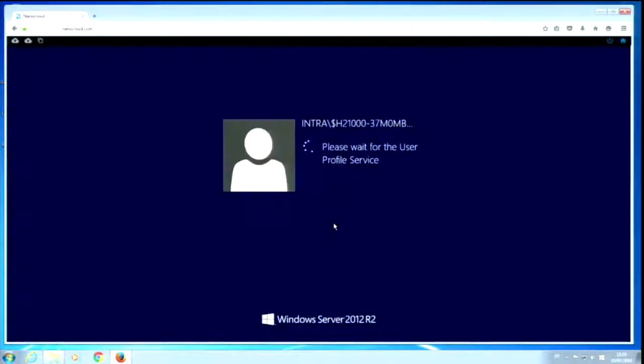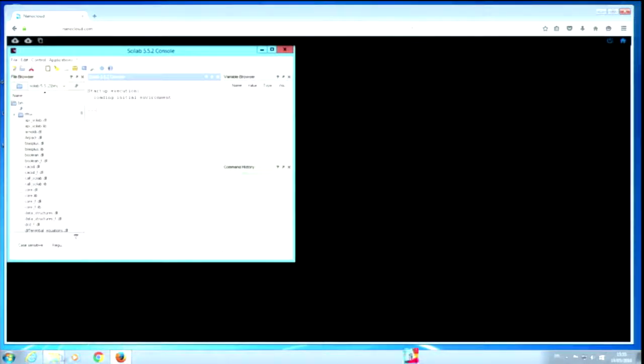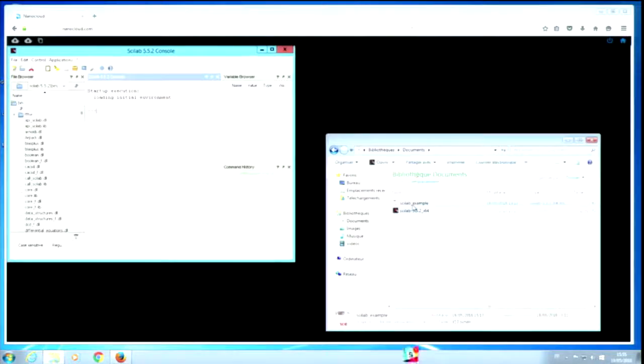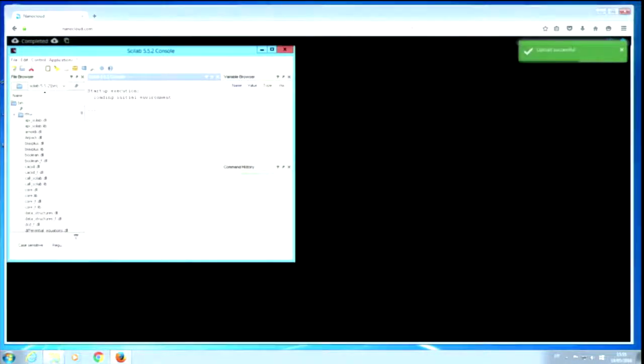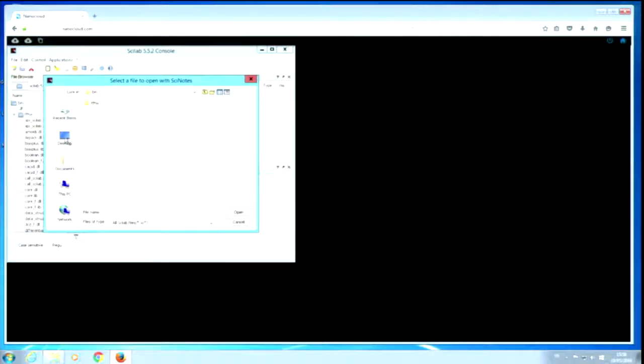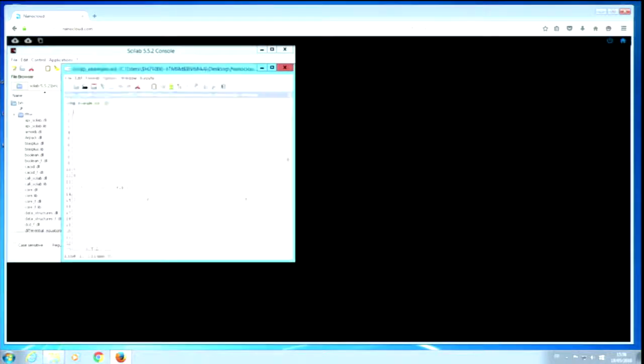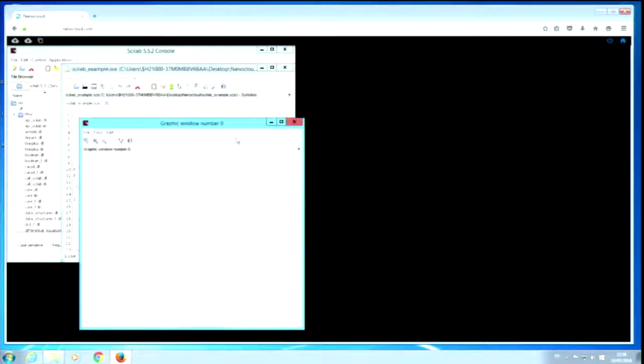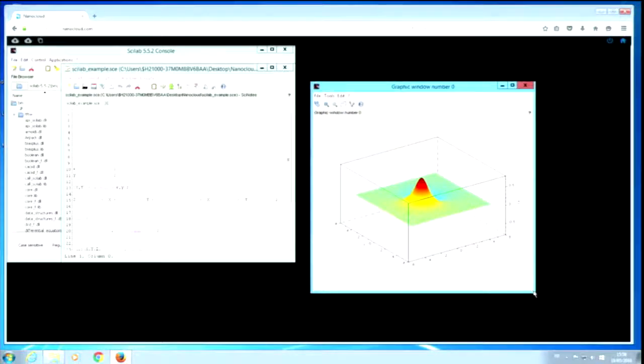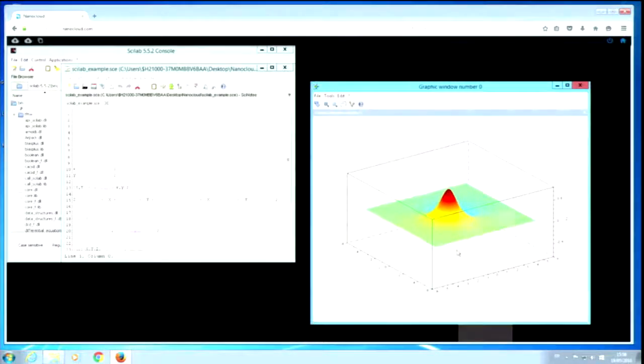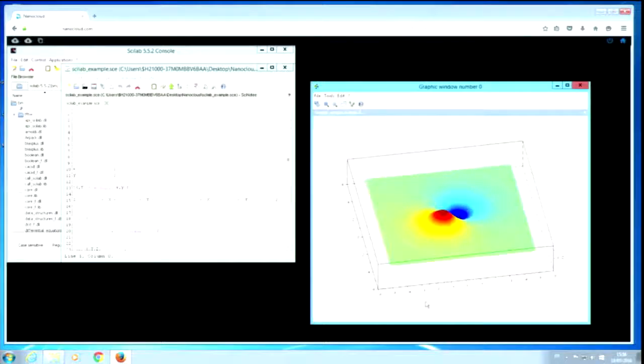And now I'm on my browser, and I will be able to use the Scilab application. I don't see the Windows desktop, I just see the application, and I can of course drag and drop some files from my laptop to the software, to the cloud, thanks to Drive. Here I have an example file, so I can run it and use it in the cloud through my web browser, as I can do on my laptop, in fact.